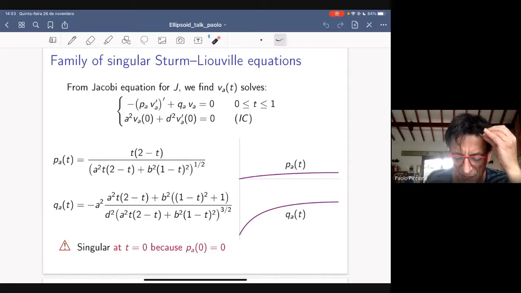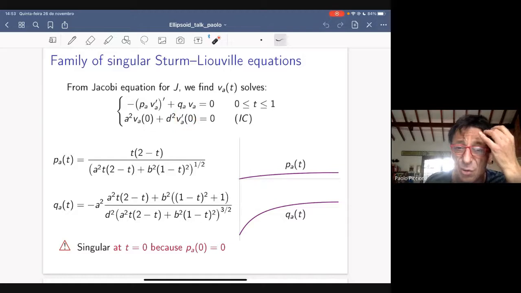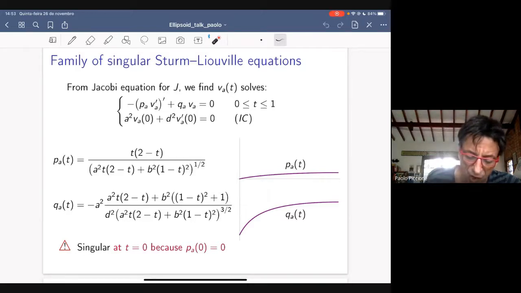It's like P V double prime plus Q V, with this initial condition that gives the orthogonality from the boundary. So it's a mixed condition that involves both the value and the derivative of the function, as you would expect, right? Like the boundary condition for Jacobi fields of free boundary geodesics involves